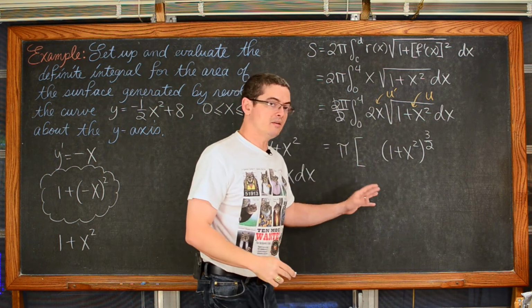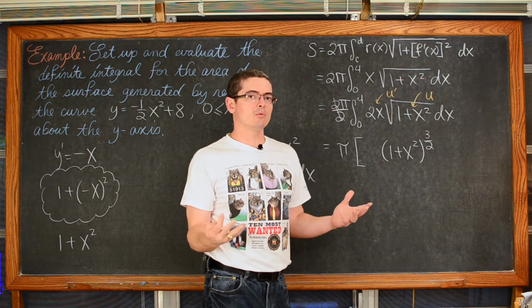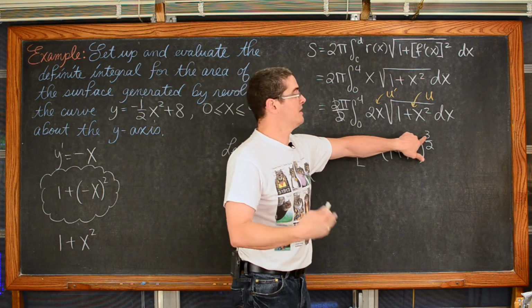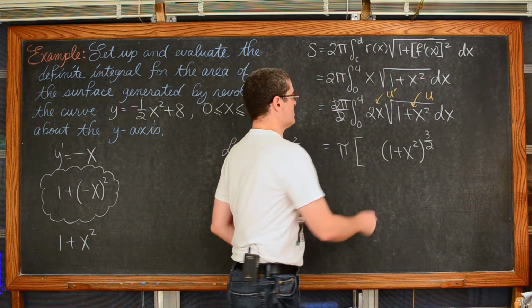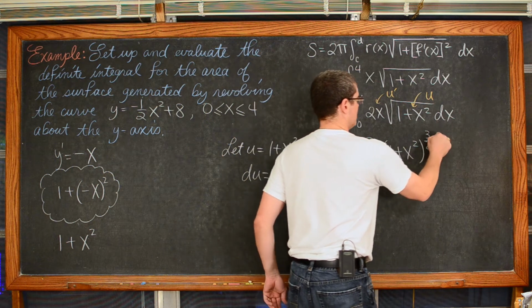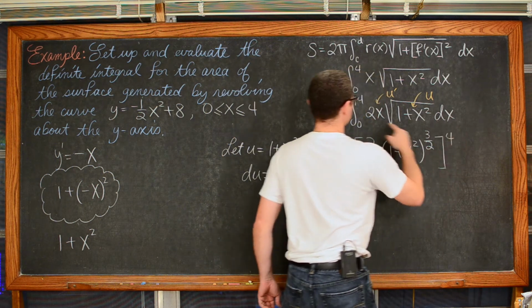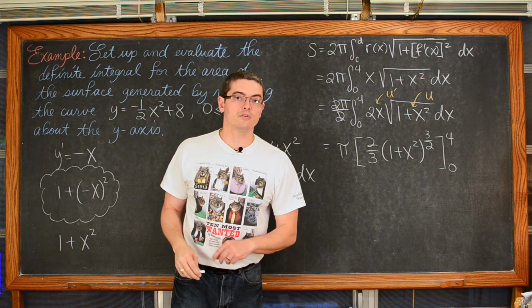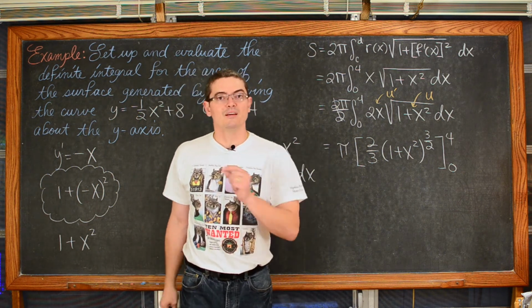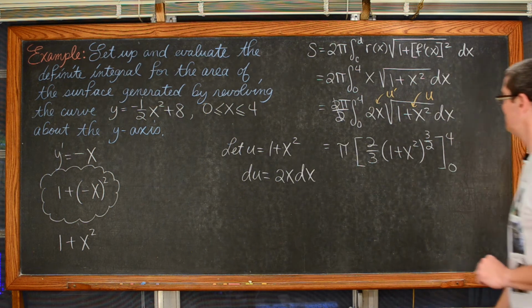And then divide. How do you do the power rule of integration? You take the exponent, you raise it by 1, and then you divide by that. So dividing by 3 over 2 is the same as multiplying by 2/3, with my upper limit of 4 and my lower limit of 0. So let me just step out and finish up this little bit of arithmetic, and we'll get on to the next example.